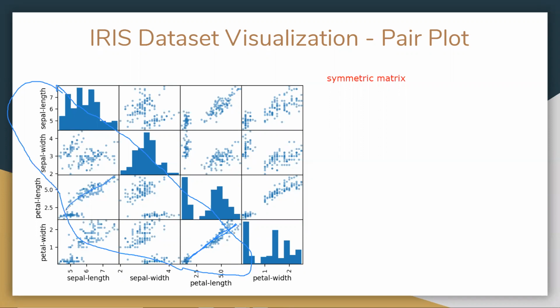Here also there is a correlation, between sepal length and petal length. It's a positive correlation, right? What is positive and negative correlation? This is called positive correlation because as you increase x, y is also increased. Negative correlation means as you increase x, y is decreased. This is a negative correlation, and this is a positive correlation.